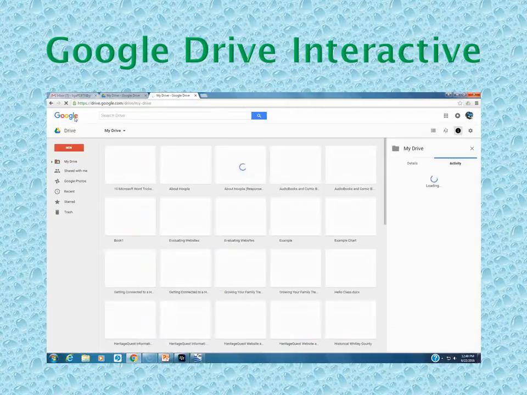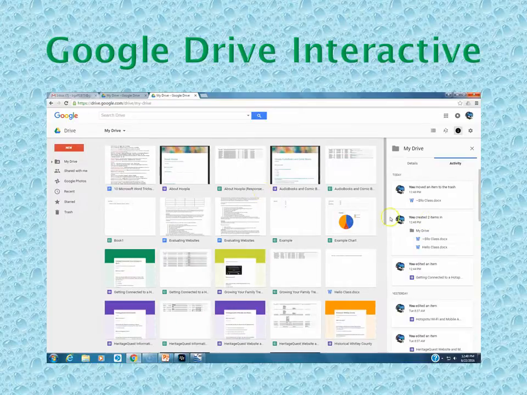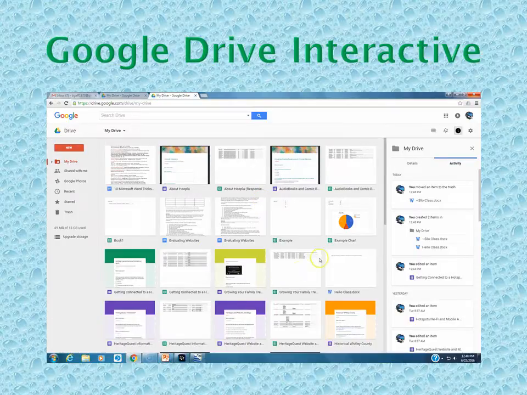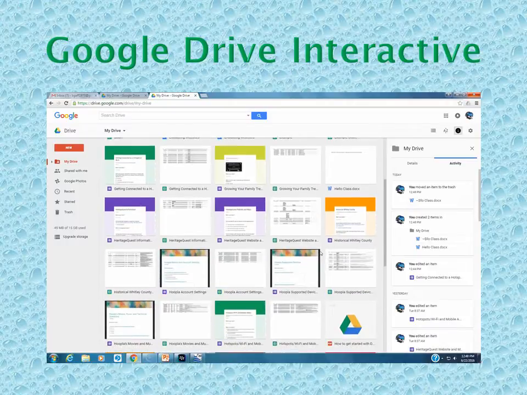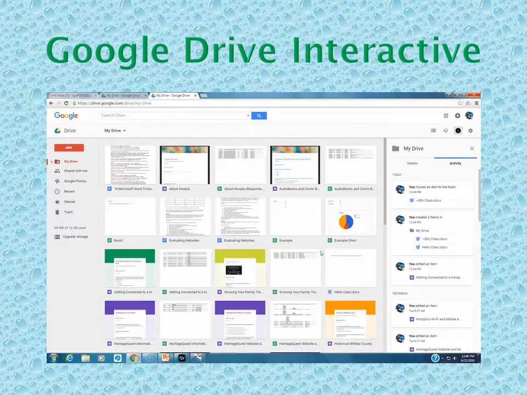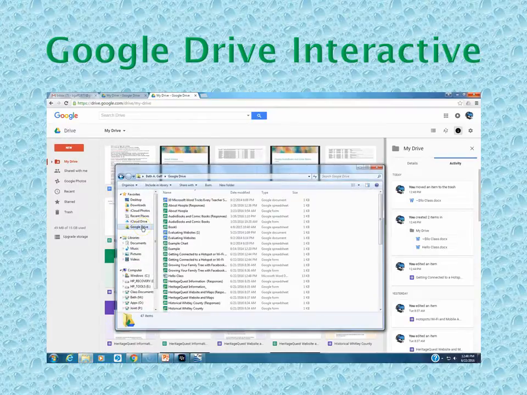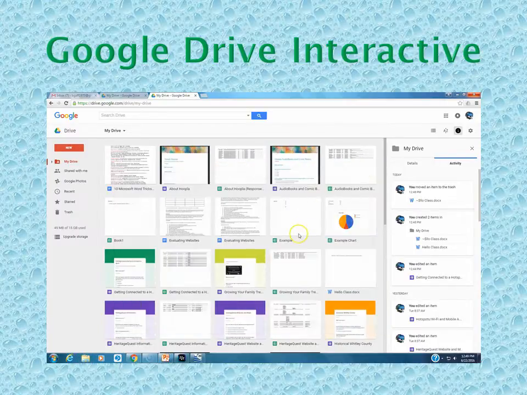And I'm going to go back to my main Google Drive account. So in here, I should actually have a file that I just submitted that says Hi Class, or it might just say Document. I'm not really sure. Let's go back and see what it put it in as. It would be under one of the blue ones, Hello Class, which is right there.